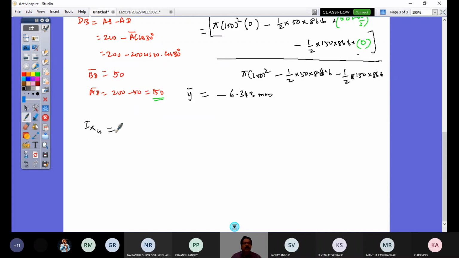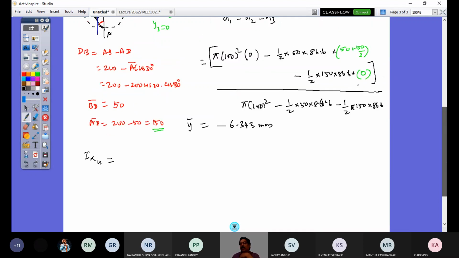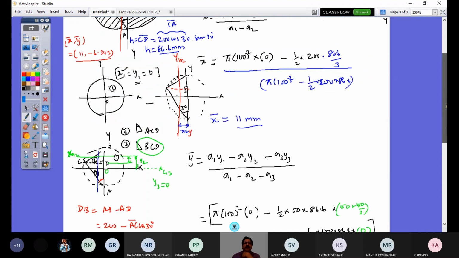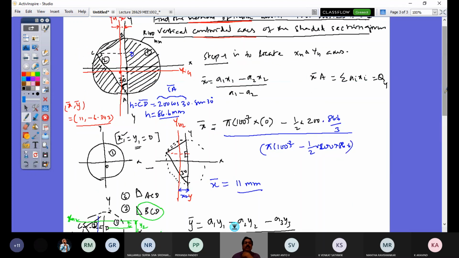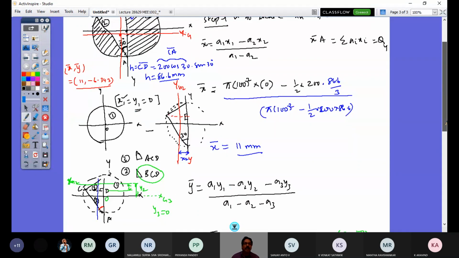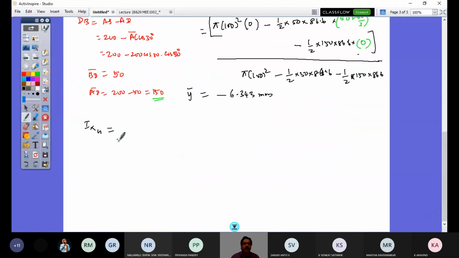With respect to the horizontal axis we have 3 areas: one is the circle, 2 is the triangle CBD, and another triangle is ADC. So out of these, 1 is to be the main and then 2 are to be subtracted. So let me put that as